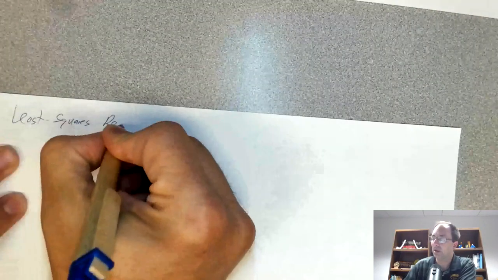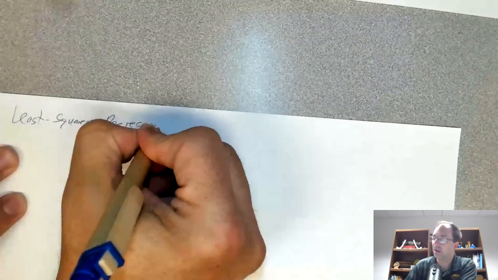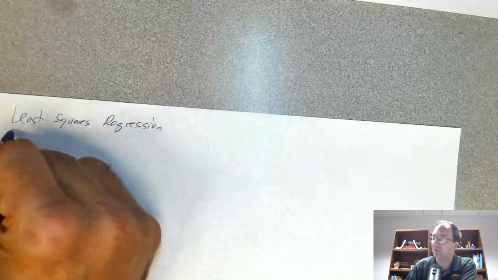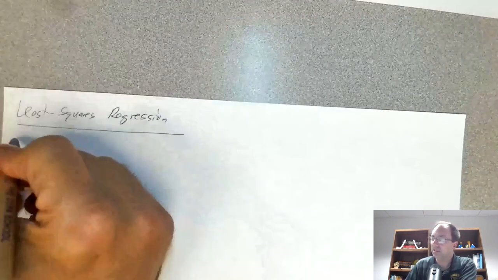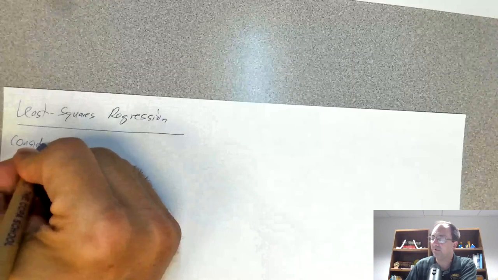And to analyze some data, we need a good criteria of finding a good model. And we've talked a little bit about that in the past, but now we want to become more precise in how we tackle that. So let's talk a little bit about something called least squares regression. So how are we going to tackle this? Well, consider a model, f of x,